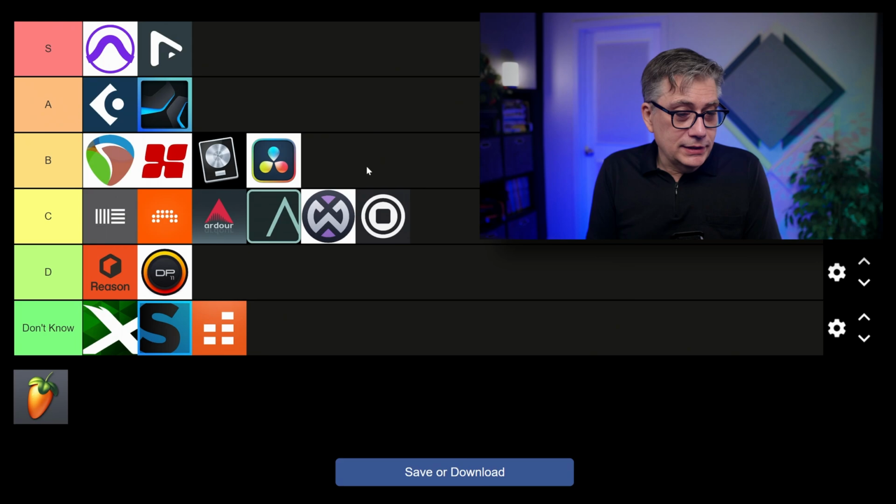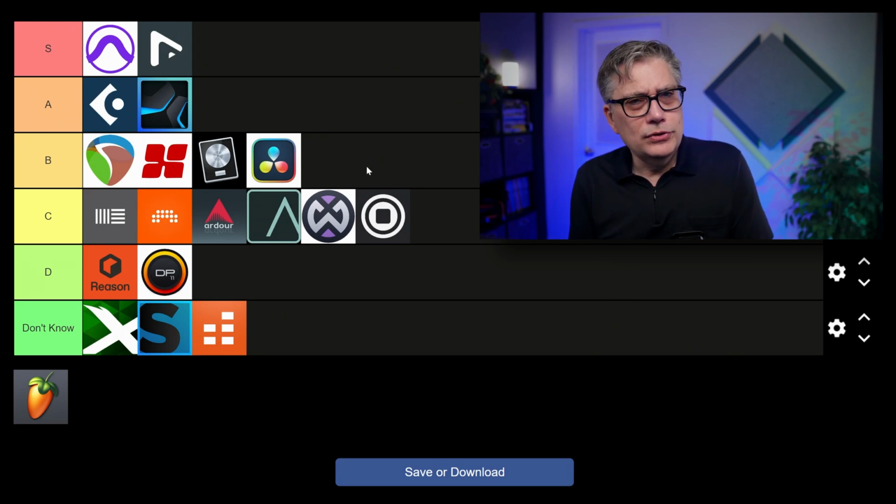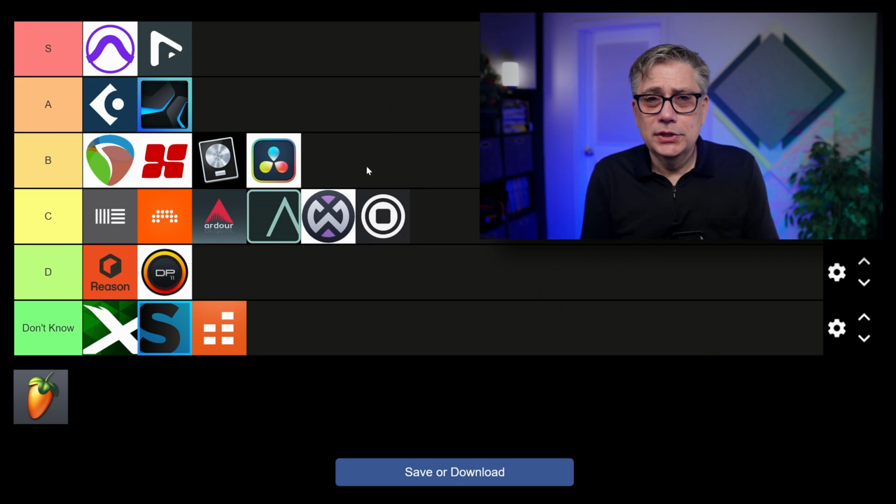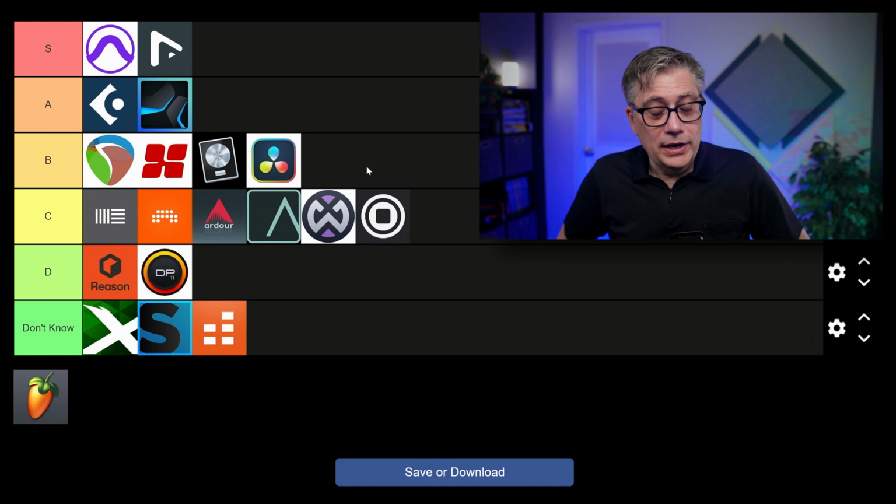And last but not least, FL Studio. And FL Studio, I have a kind of a very complicated relationship with. It's sort of a love-hate relationship. I do like its workflow. I think it's really, really nice, the way you work with patterns. This pattern workflow seems to lend itself towards the type of music that I usually like to produce. So I really like that.